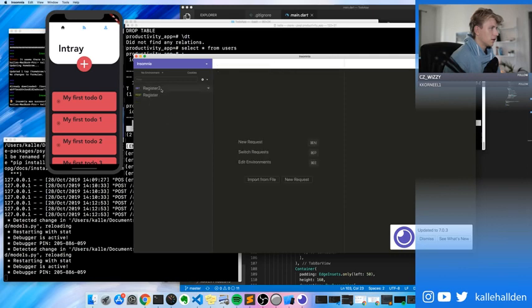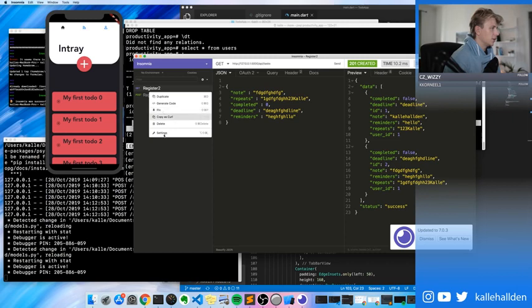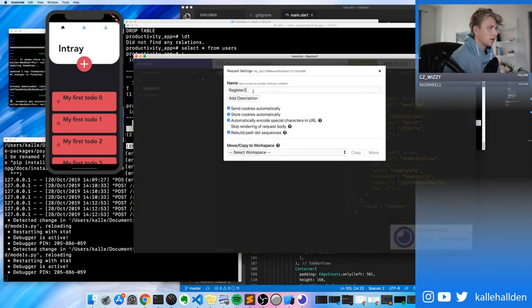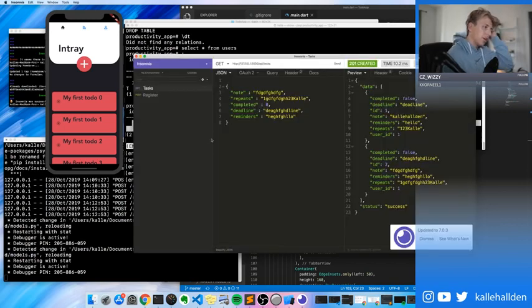Okay, and we want to rename this one. How do we rename it? Task. Okay, renamed, good. So then we can do the get request for tasks. We can get all the tasks and